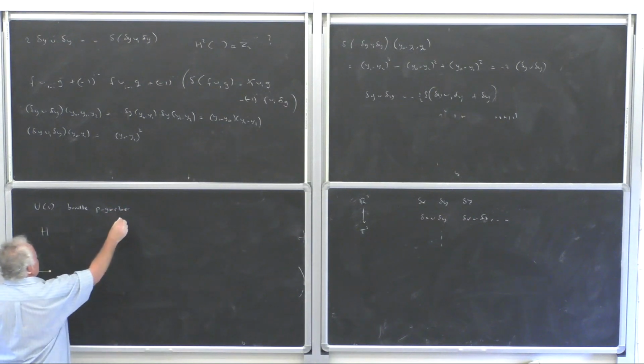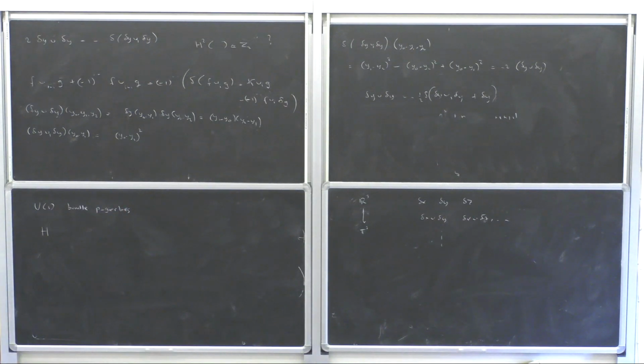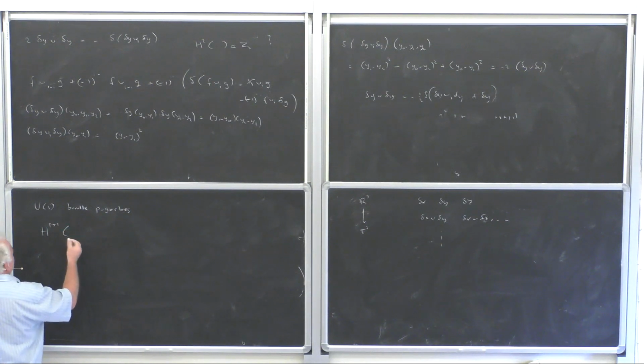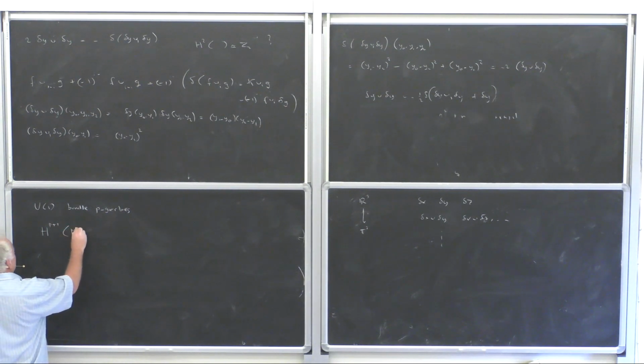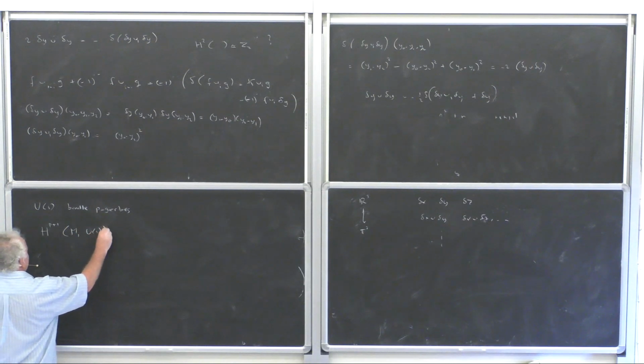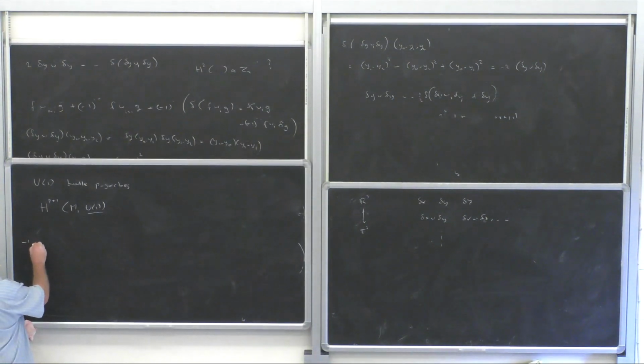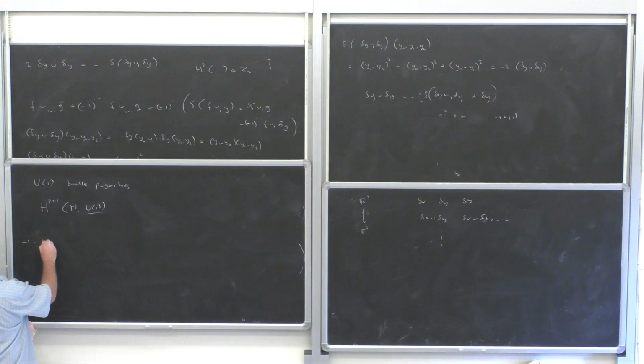U(1) is the coefficient ring of my cohomology. They're classified by H^(p+1) of M with coefficients in U(1), so Čech cohomology like this. In particular, U(1) (-1)-bundle gerbes, bundle p-gerbes,